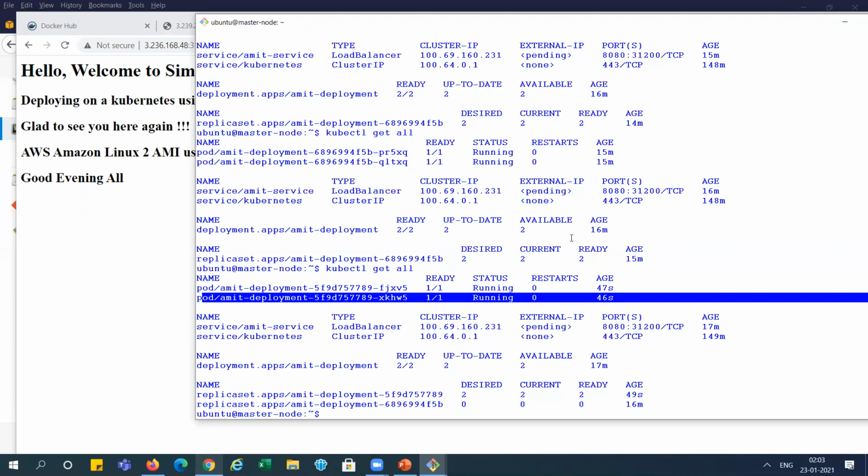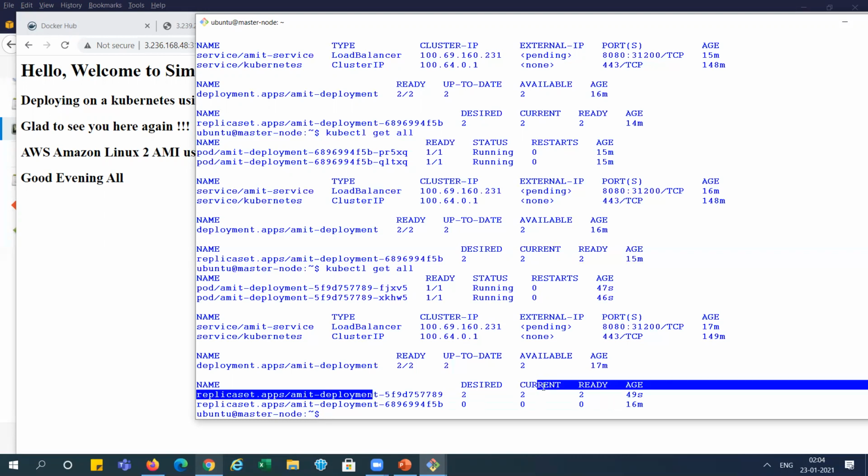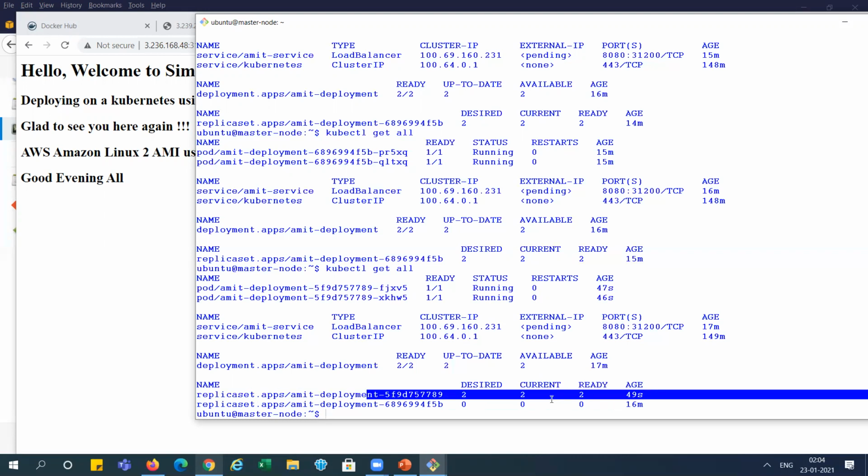But here you can see just a few seconds before, we are getting the pod details here. This is a different ID you can see here, and it was 15 minutes before, right? When we had created the earlier one, right? And now it is showing 15 seconds before. And earlier this replica set was running, this one, two desired and two current. But here you can see the replica set running is this one. This one is 0, 0 because all those things are deleted. And a new replica set is created for the new changes, right?